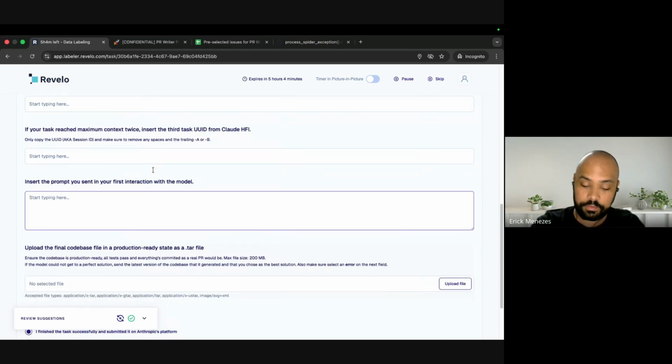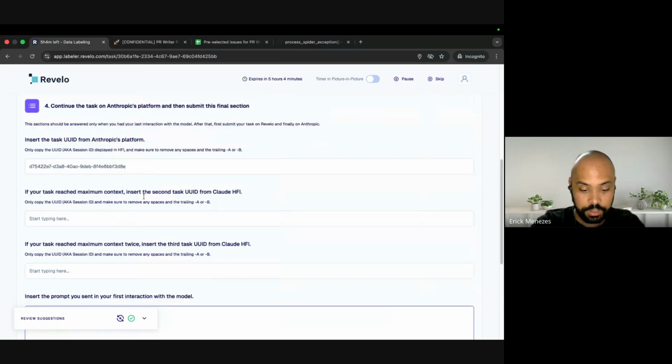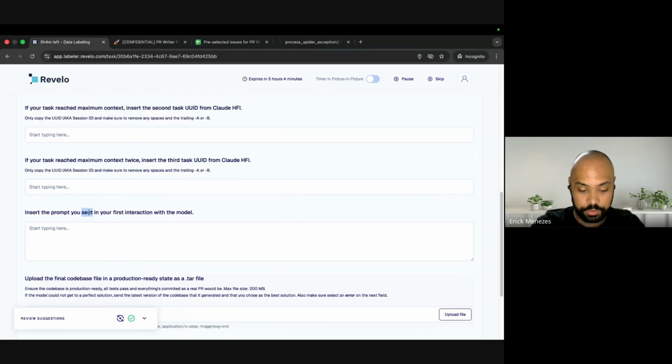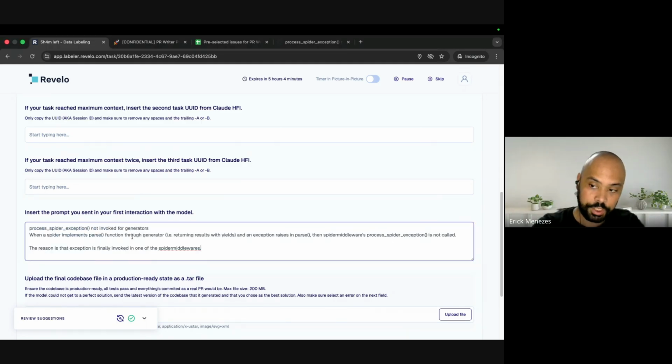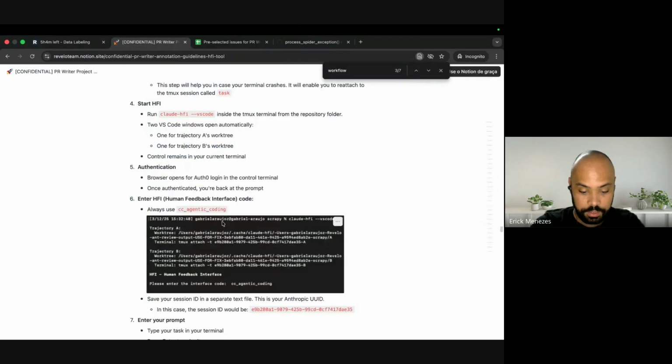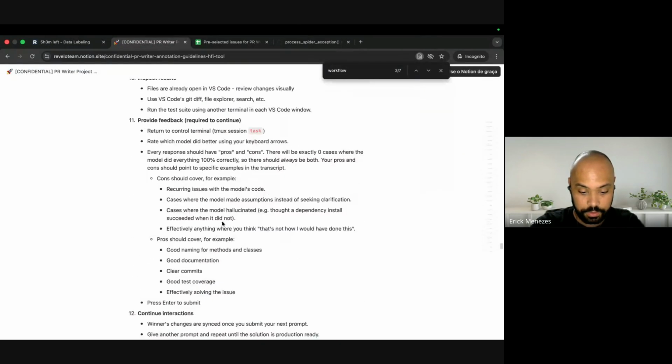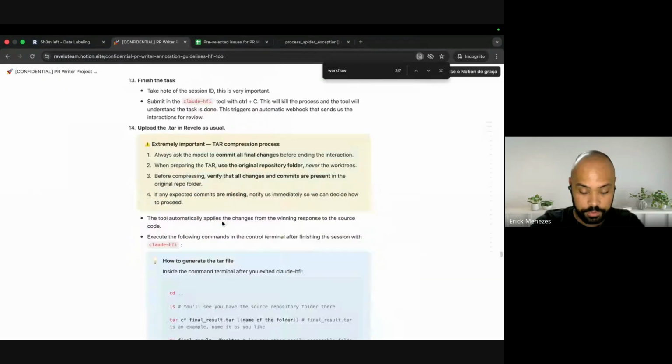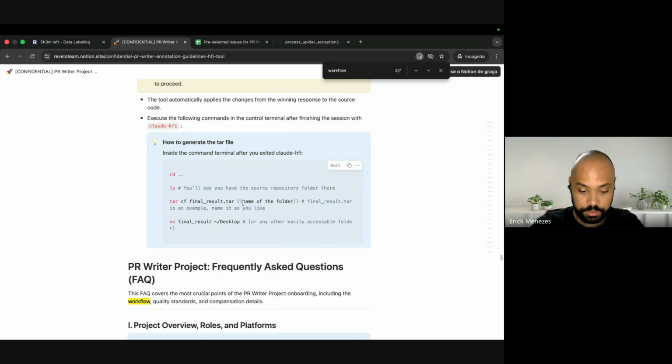One thing I forgot, sorry. On this page, you also have to put the first prompt, your first interaction with the model. Remember, the first interaction is issue title and description only. And here you have to upload the tar file that I was talking about.